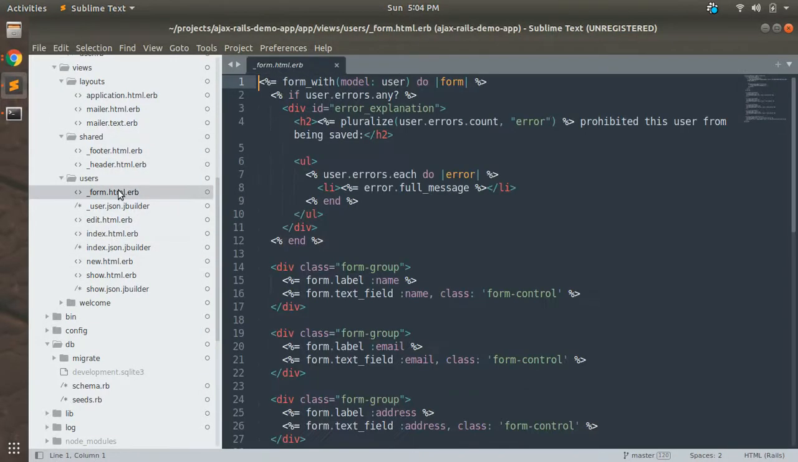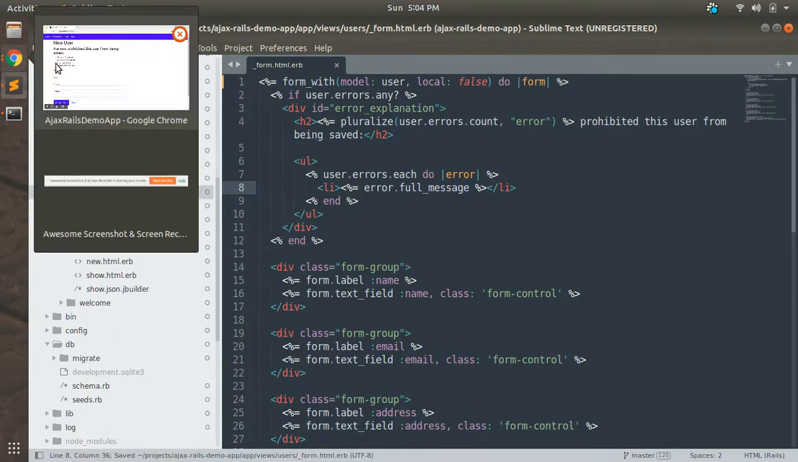So let's open the form first, and you can see here form with model user, and here we need to add local false. So this will add behavior like remote true to our form. Since we are using the form with helper to create our forms, that's why we are using local false. If this is form for, or form tag, then you can simply use remote true to submit the form as Ajax. So let's save it